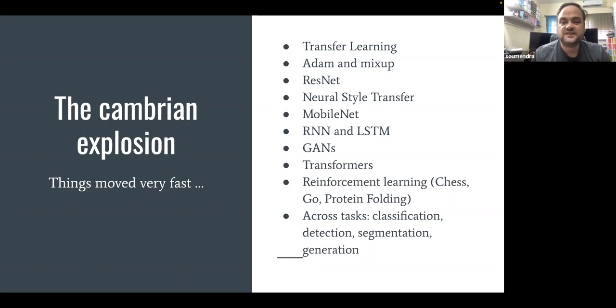We also figured out how to make deep learning models really, really small. MobileNet was a notable model for that. A very small model that could fit inside a very small device, which reproduced most of the performance of a state-of-the-art deep learning model. What I've described so far happened in the computer vision space, but